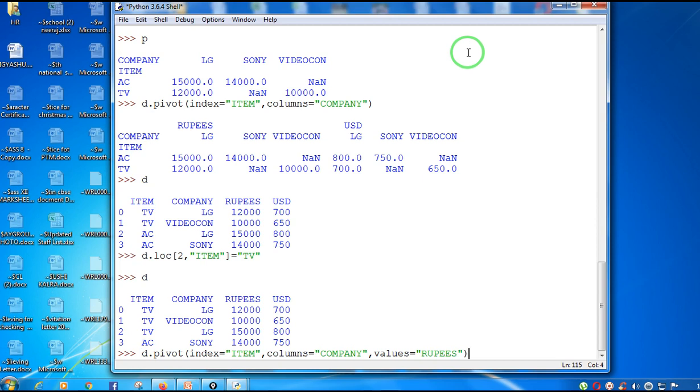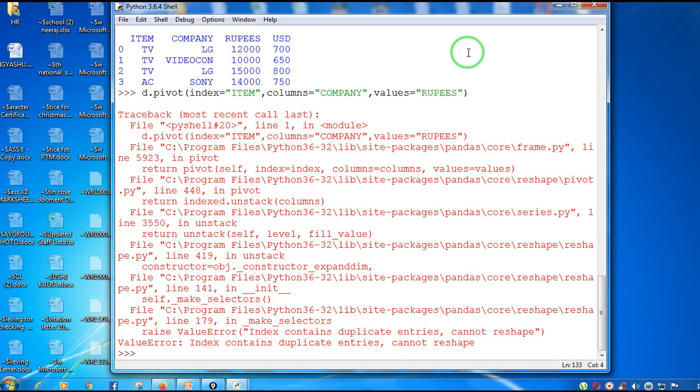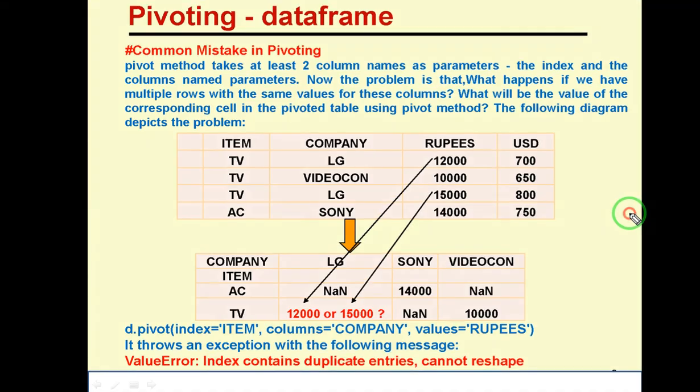When I give this command, it will lead to an error. The error is that the index contains duplicate entries, that is, in a certain cell two values are being displayed. So let me show you those values.